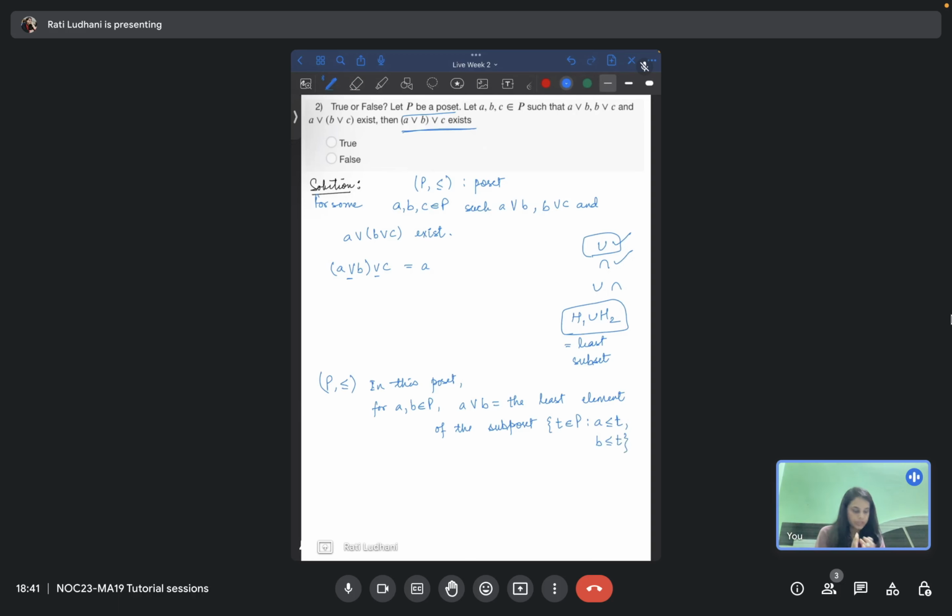So what has been asked? You have this A element, you have this B element, you take something which is bigger than that, which is the least in the sense that, like the definition of cover, it is the next element just next to it. In that sense it has been said, but I'll relate to what you have in your mind. But we are not saying this always exists. There could be a possibility that, for example,